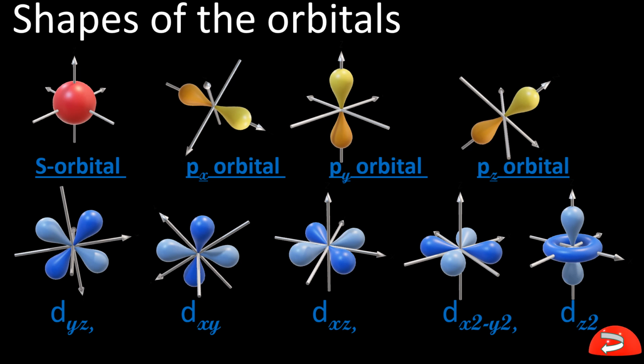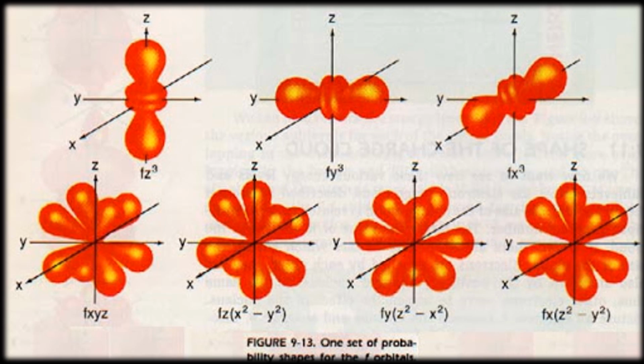Here p in the x orientation and y, this is in the y orientation. This orbital is in the z orientation. Now this is in the y and z orientation. This is xy orientation. Here dxz in the sense xz orientation. Dx square minus y square has a specific orientation, and here z square is another specific orientation. These are all the orbitals of d, and these are the orbitals of p, and this is the orbital of s. Okay, and then these are f orbitals.